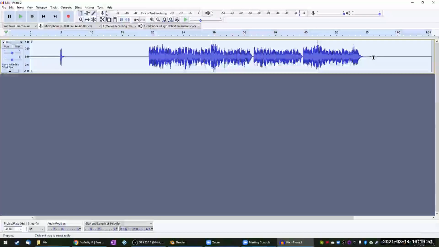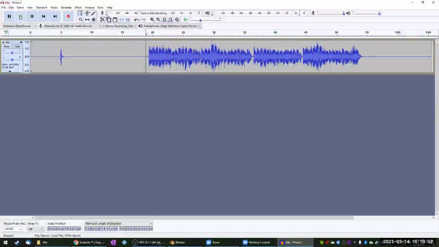So it's not going to blow anyone's speakers, and it should just overall sound pretty good. So with that reverb, let's see how that sounds. So that sounds pretty good to me.